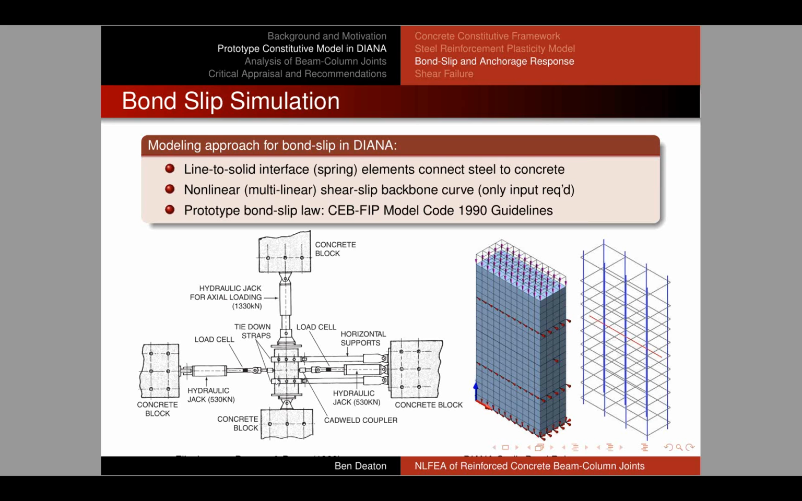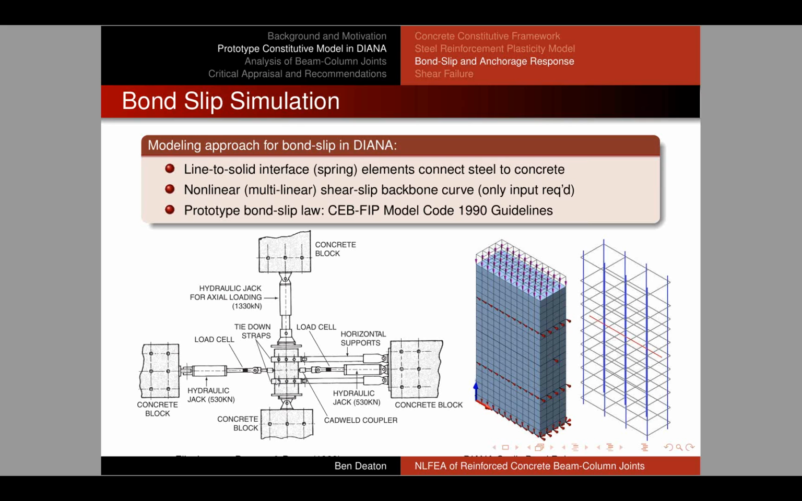You can use line-to-solid interface spring elements which connect the steel to the concrete, and this is really behind the scenes to the user in a way. Previously, when we wanted to model something like this, we would have to actually create spring elements and manually connect the concrete nodes to the reinforcing nodes. But this new facility in Diana allows us to directly embed the reinforcing bars and automatically generate line-to-solid interface elements between them. So there's almost no reason not to include bond slip in a simulation like this now, because there's very little additional effort to